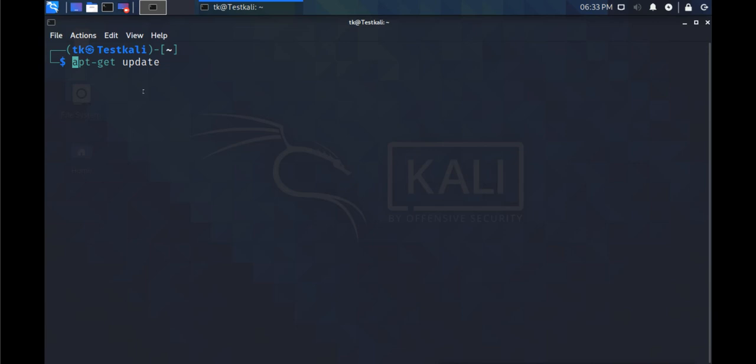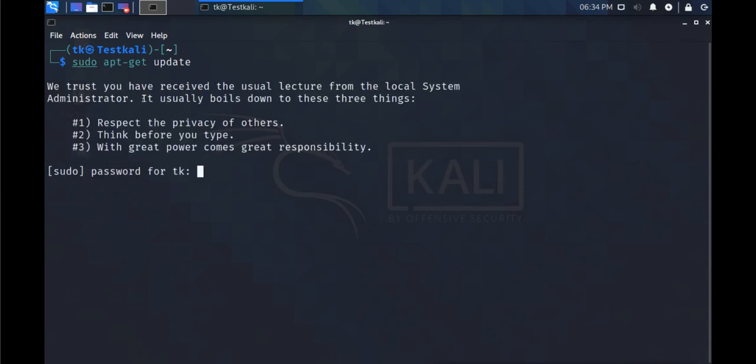If you want to do any administrative job, that is a root task, then you have to run the command using sudo. Normally, if you are logged in as root, you can run this directly, but we are not logged in as root and root is disabled, so we use the sudo command. Now it is asking me for the password of the current user so that it can run this command. That is the process of sudo, so I will provide the password, and it is trying to update if anything remains.